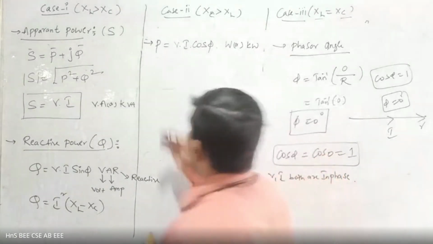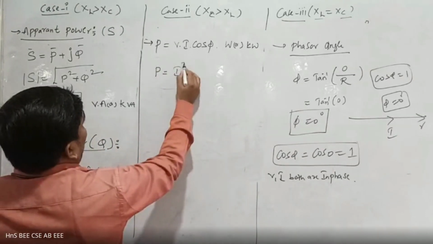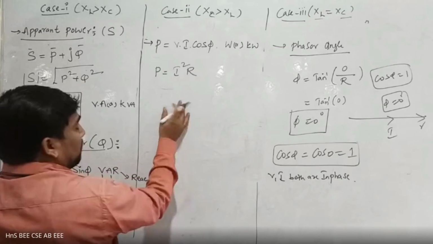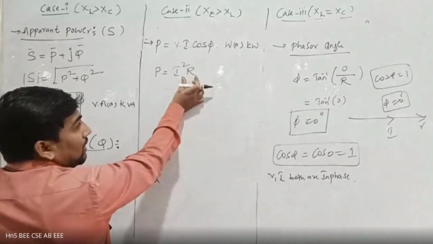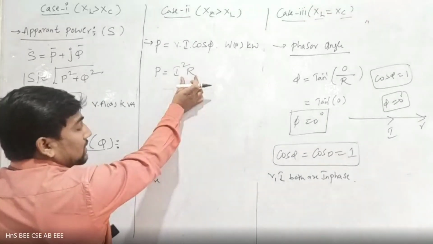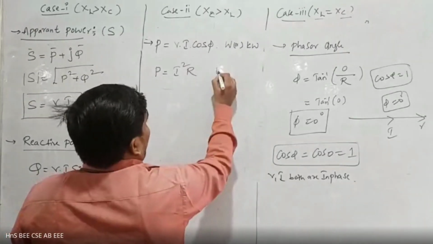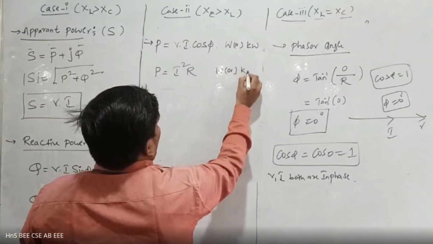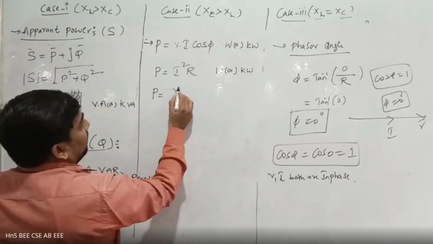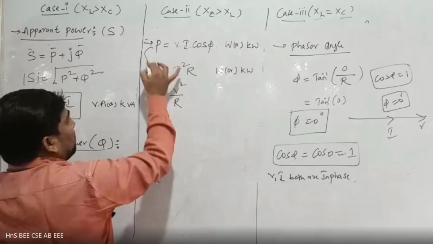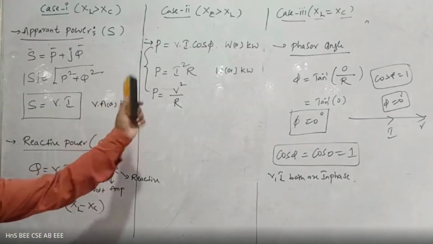Now we have another formula. That formula is P equal to I square into R. Just simply the total I square term is multiplied with our real part. What is the real part? R is the real part. Resistance is the real part in our active power. Now what is the unit? Same, watts and kilowatts. And coming to another one, P equal to V square by R. These are the 3 important formulas of active power. The units are same, watts or kilowatts.